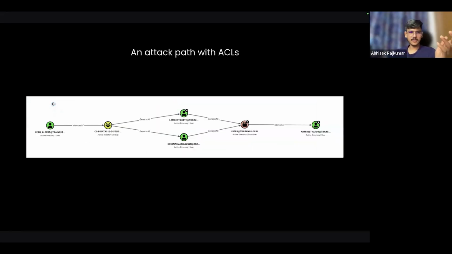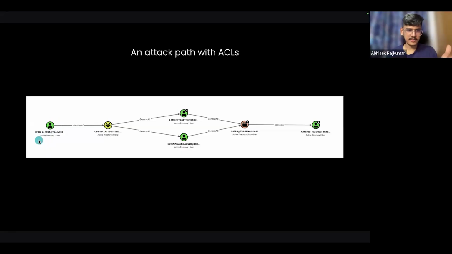So masking it out. Okay, so for example, let's talk about this one. You can see that this is Bloodhound data that was present, and you can see there is a user right here, and there are a couple of groups right here, and you can see there is a path which leads to an administrator user. So all this is very specific to which user you have to target. Say, for example, if I had to have this account, I can target this user.